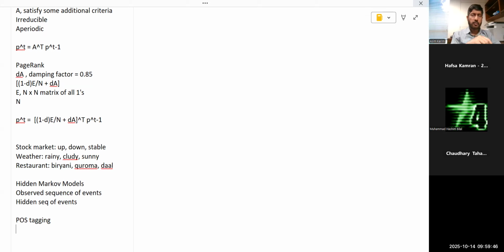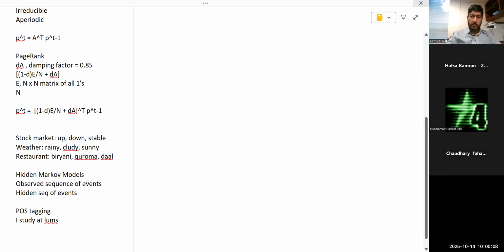The part of speech for each of those words. ठीक है। सो लेट्स से मेरे पास वर्ड्स ये हैं, आई स्टडी एट लम्स फॉर एग्जांपल। ठीक है। सो दिस इज वन सीक्वेंस, एंड इन दिस पर्टिकुलर केस दिस इज द ऑब्जर्व्ड सीक्वेंस। ठीक है। एंड द हिडन और लेटेंट सीक्वेंस में अब मैं हर एक वर्ड का पीओएस टैग डिटरमिन करना चाह रहा हूँ, और वो एक टैग स्पेस मेरे पास कोई होगी, उसमें से मैं ढूंढना चाह रहा हूँ। इन दिस पर्टिकुलर केस लेट्स से जो पहला मेरे पास आई है, दिस इज ए प्रोनाउन। ठीक है। स्टडी द वर्ब फॉर एग्जांपल, एट इज a preposition, preposition p कर देते हैं, एंड लम्स इज ए नाउन। ठीक है।